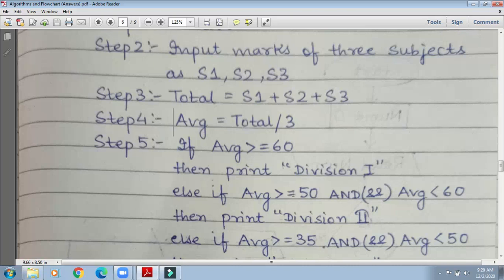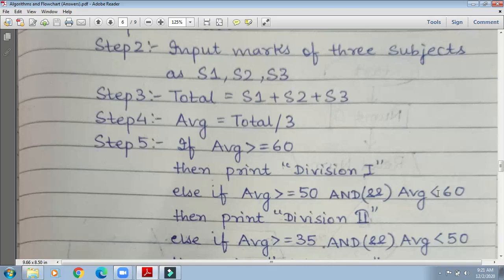There is one problem. If average greater than 60, suppose 63, 65, then it will work. But if we go for average greater than 50, then the condition also covers 34, 35. So we will use AND also. So it is greater than 50 and less than 60 also.